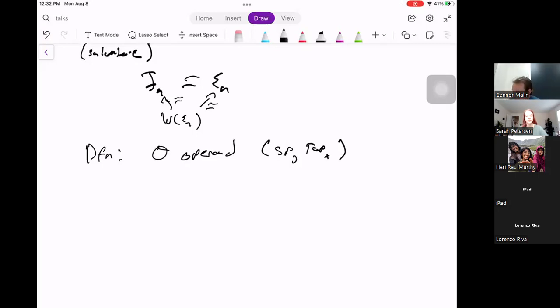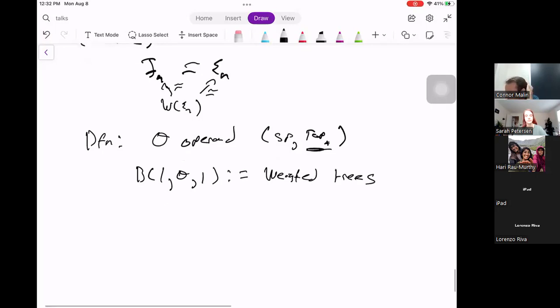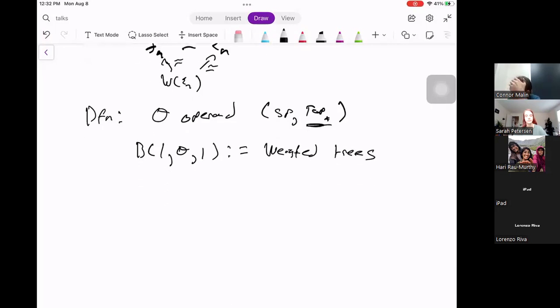Then I can define B(O) to be the space of trees. This is going to be a collection of weighted trees. Let me write the definition, then I'll draw you a picture. So this is weighted trees with labels in O,